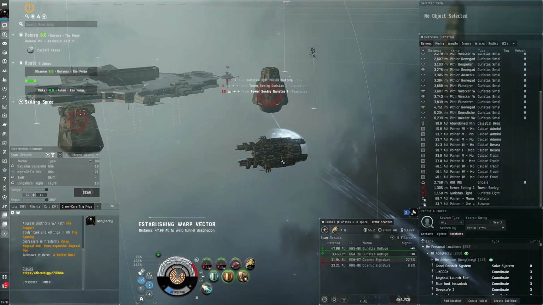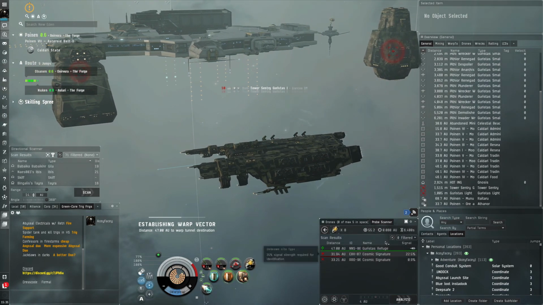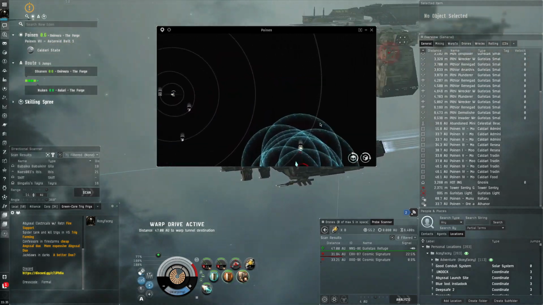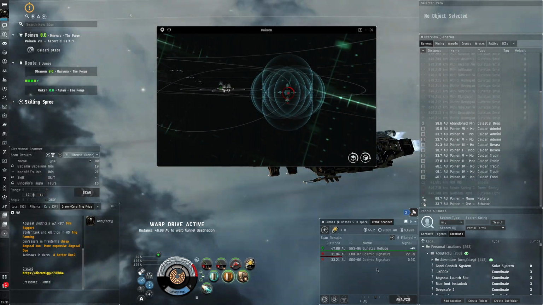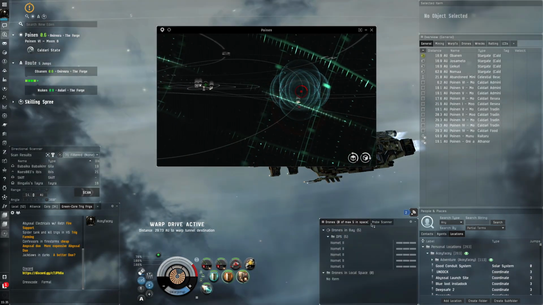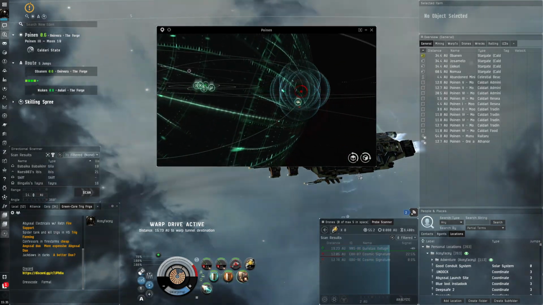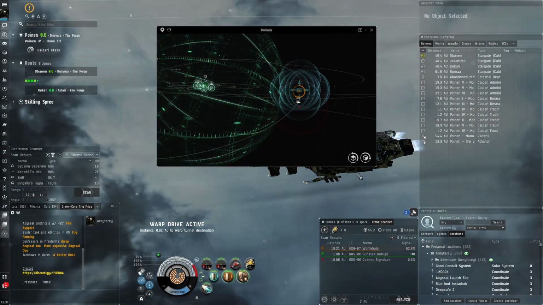I think the Drake is better than a Gnosis if you have good skills, but for low skills, definitely the Gnosis is a lot better because the Gnosis has no skill requirements. The inherent bonuses of it are not affected by any spaceship command skill level. So you don't have to have the Caldari battle cruiser skill to get the most use out of your ship. You just straight off the bat have the most amount of bonuses from your ship